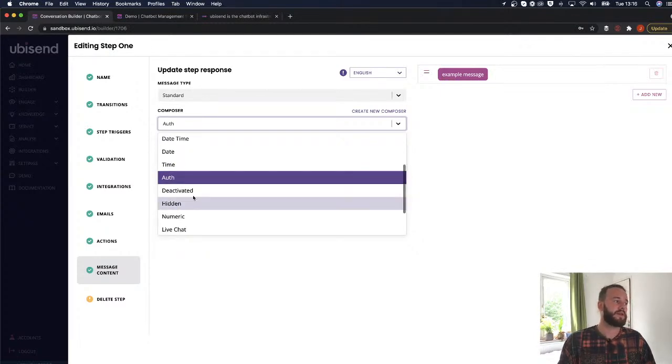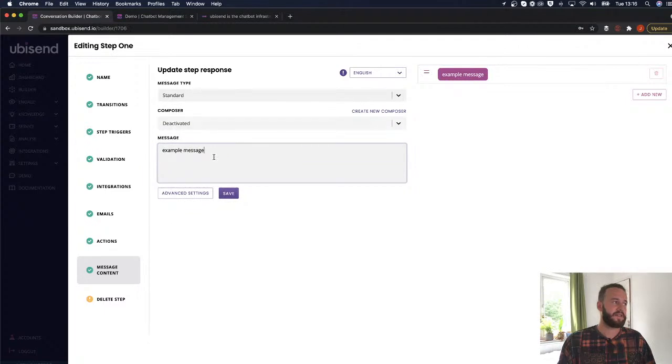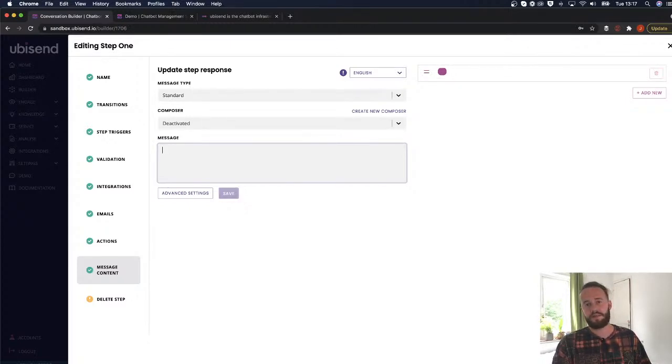That's the authentication composer. Up next we have the deactivated composer. The deactivated composer is quite simple, and I think the best way to show you this is to show it with different message types in action. I think this works quite nicely in a sales environment. So let's go along the lines of, are you